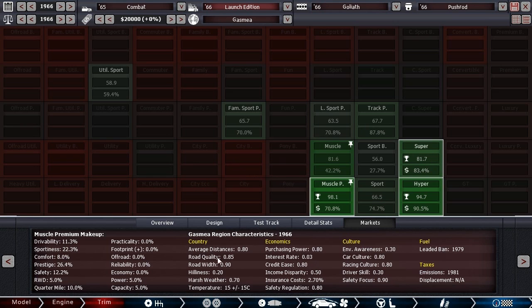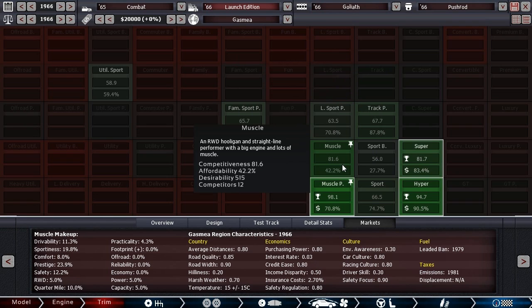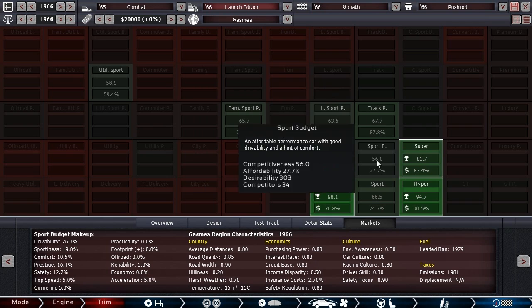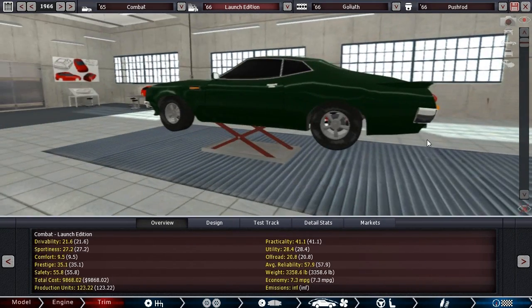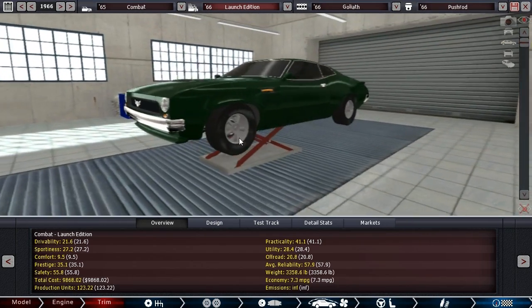An interesting thing to look at here is that the affordability in the other categories is quite good as well. So Family Sport Premium, we still have a 70% affordability. In Muscle, we still have a 42% affordability. Light Sport Premium, Track Premium, just plain Sport. So this car still kind of goes around a lot of markets, and even in this top trim can have a wide selection of buyers. I'm not gonna lie to you, I am a little proud of this one. This I think is the best car Vector has made so far,